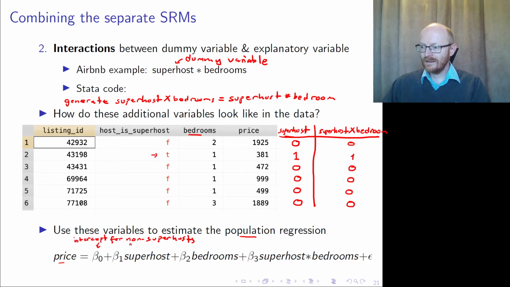Okay, and the superhost dummy variable, okay, it's 0 or 1. It's 1 for superhosts, which means that this beta 1 is the change